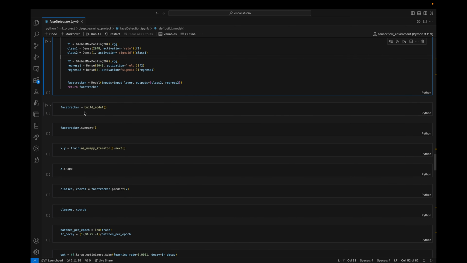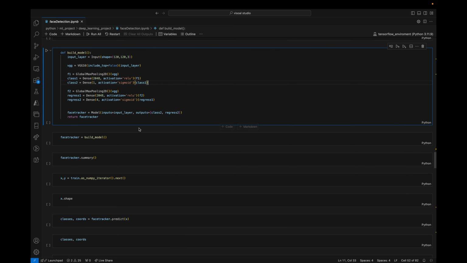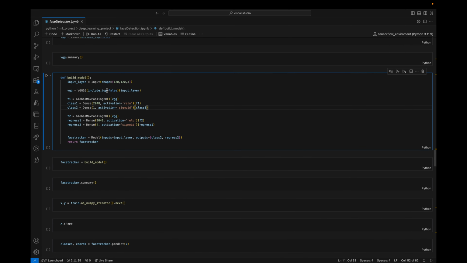And I'm giving a detailed explanation because this is the most exciting part. That's why I did that, but I don't expect to do it for every single code. And here we say face tracker to be this function,